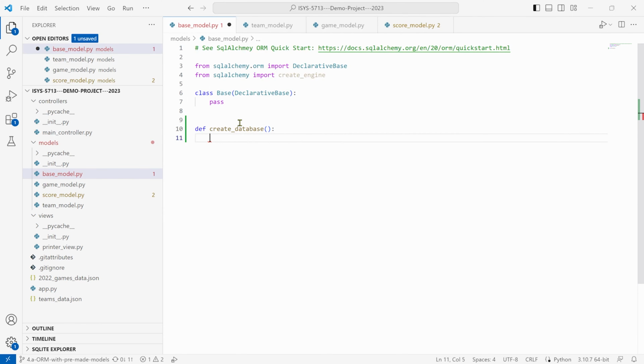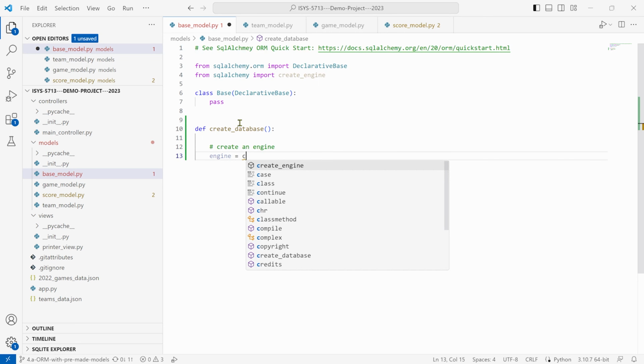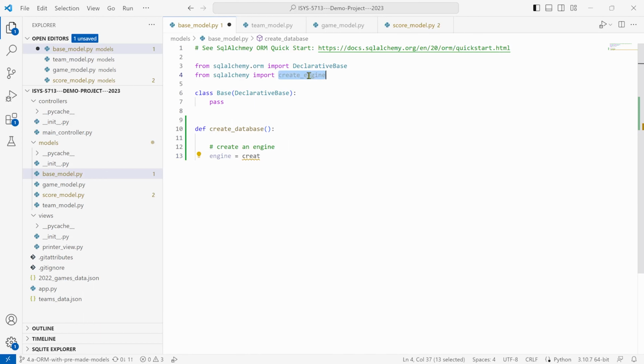And in here we're going to need a few things. We're going to need an engine to our database, and you can think of the database engine as what connects us to the database, and this is what's going to actually go run and execute our queries against the database. So let's create an engine,